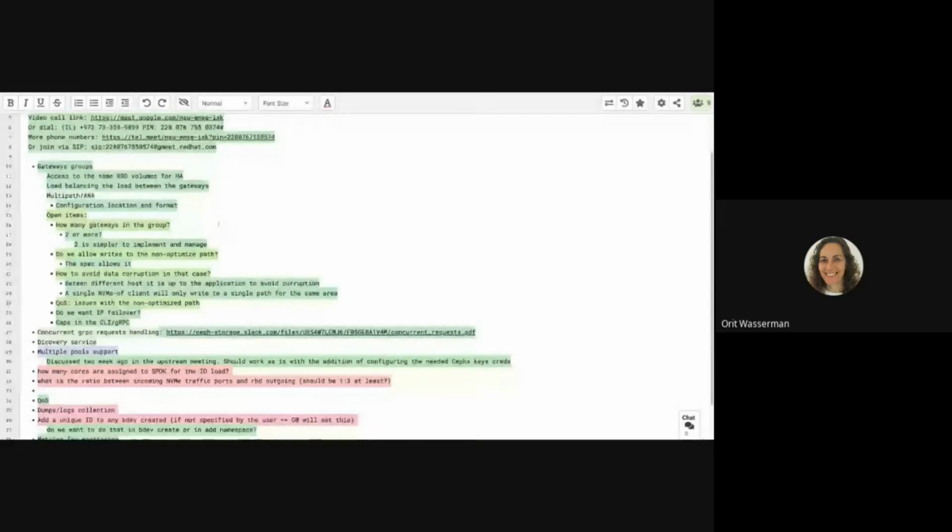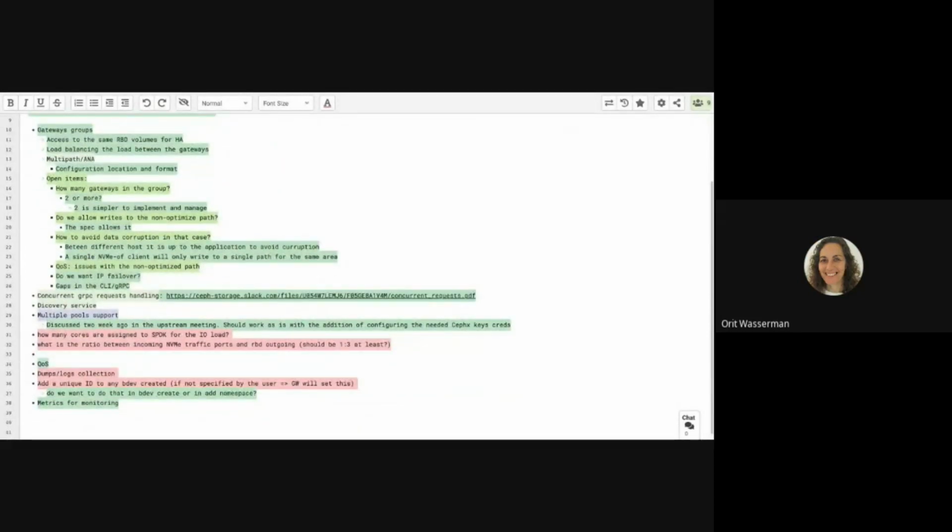Okay, so the first topic, I think that's the biggest one, is the gateway groups. For high availability, basically we want to allow accessing the same RBD volumes from different NVMe-oF gateways. So that's one issue, and we can also use gateway groups for scalability. This way we won't share the volumes between the gateways, but we'll have multiple gateways